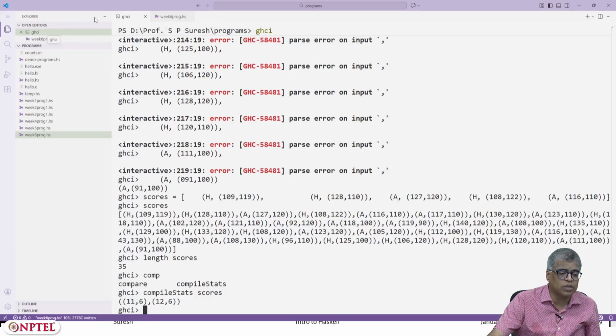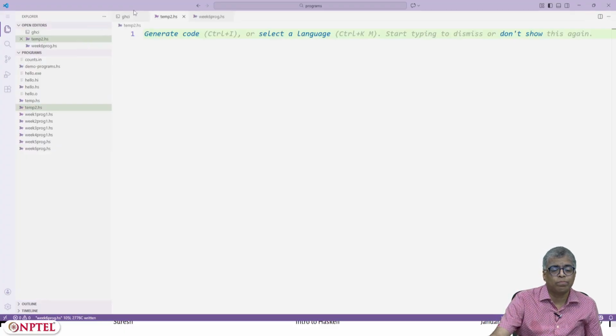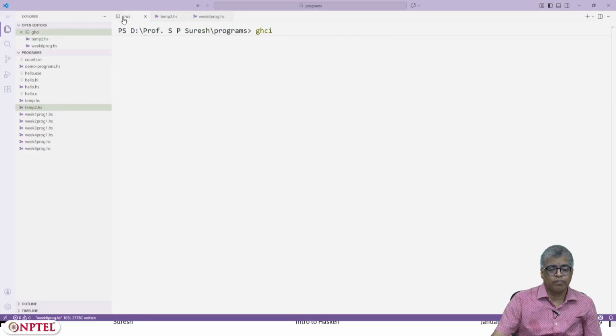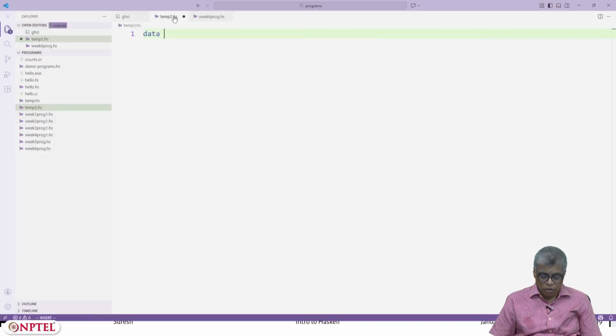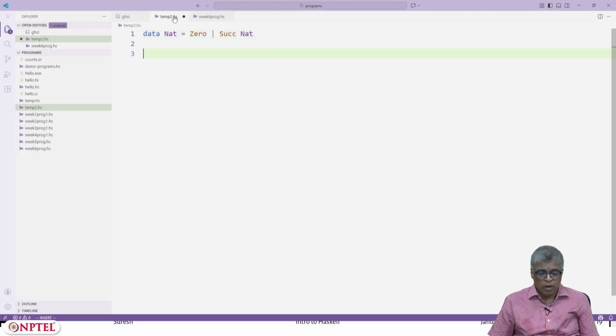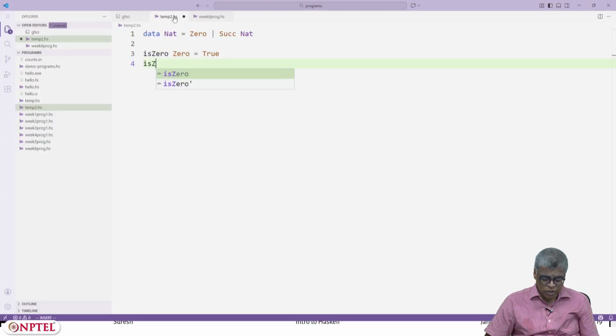I can start doing Nat: data Nat = 0 | Successor Nat, and is0 of 0 equals True, is0 of anything else is False.